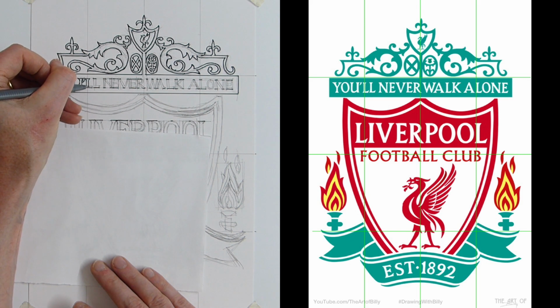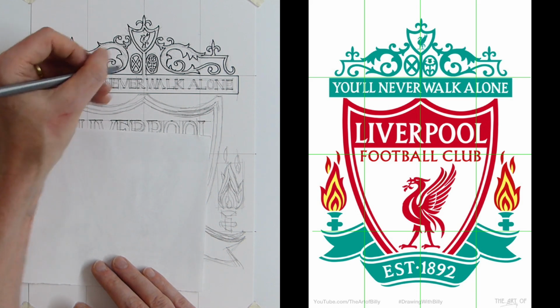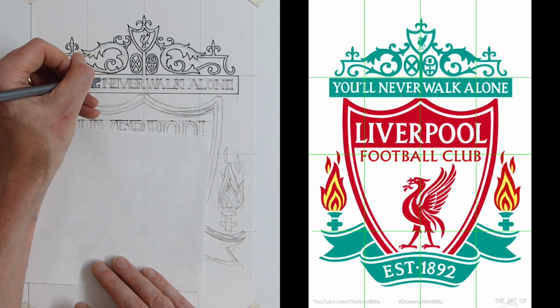Serifs on the L, second L, point going up, and you see that it's more diagonal, it's not horizontal. Serif on the N, goes up, diagonal goes over, serif at the top,